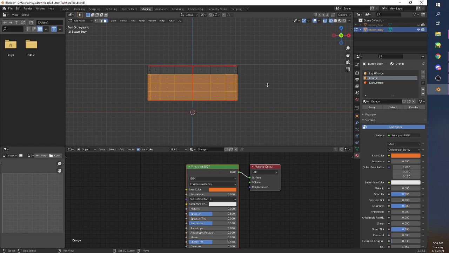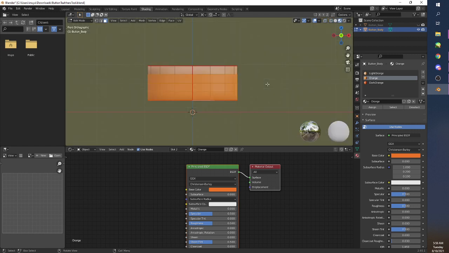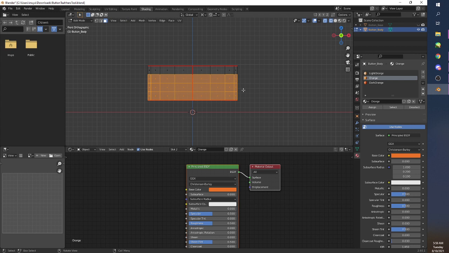And if we switch out of wireframe mode by hitting Shift Z again, you'll see that just the faces that we selected have changed from that light orange color to the regular orange. The reason we are switching in and out of wireframe mode, again, by pressing Shift Z, is because when we have a fully transparent 3D model like this, we are selecting all of the faces all the way through the model from this view,